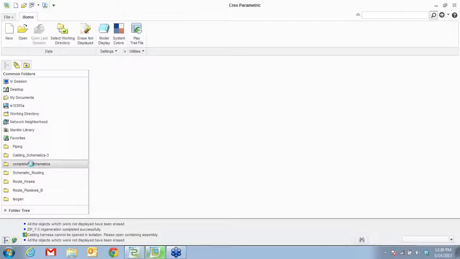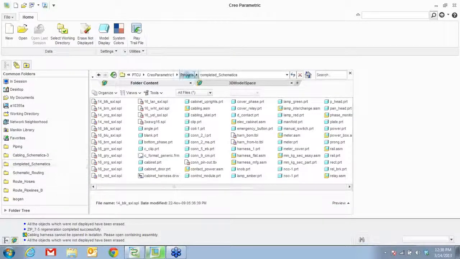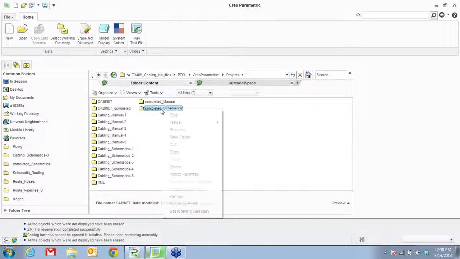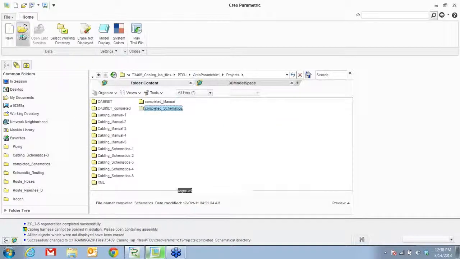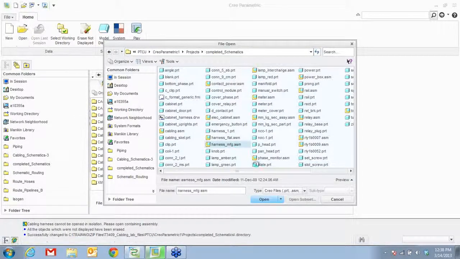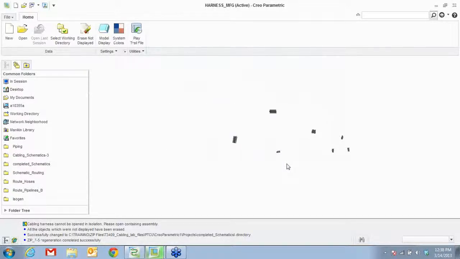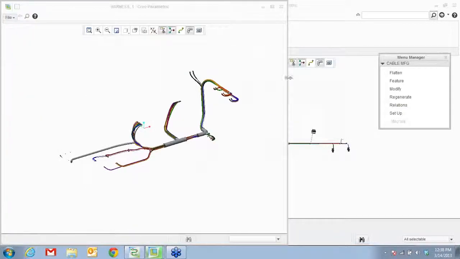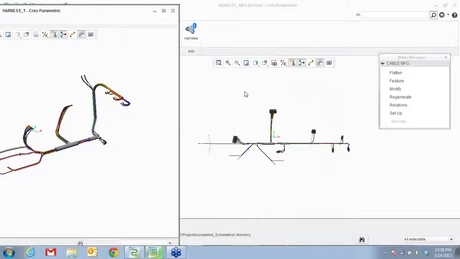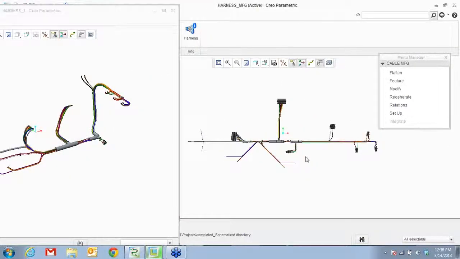Let me just set my working directory. My bad. And I can open my flat harness right here. You can flatten them. See that?